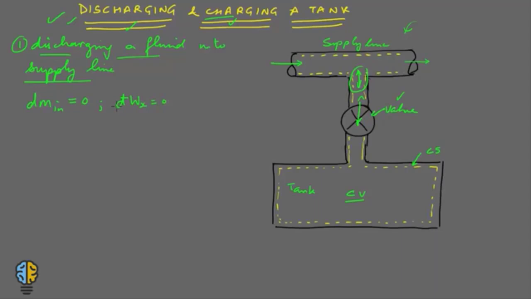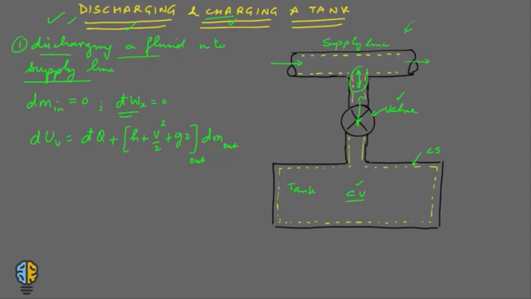Now we can apply the first law on this control volume. So you will have dUv, that is the internal energy of the control volume, is equal to dQ plus, now because there is no shaft work involved, we will use the energy of the control volume, or the energy which is coming out of it. So you'll have h plus v square by 2 plus g into z. So this is the energy of the mass which is coming out. So dm out.